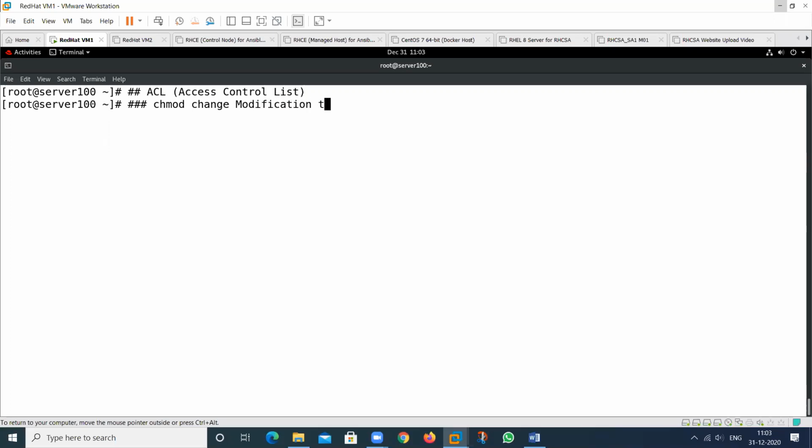It means to provide the permissions that I discussed in our earlier session related to the permissions. So if I want to provide a permission on any file, any directory, we can use chmod.